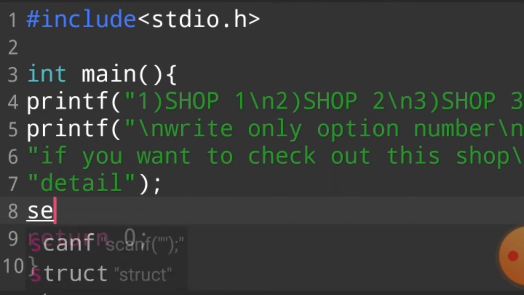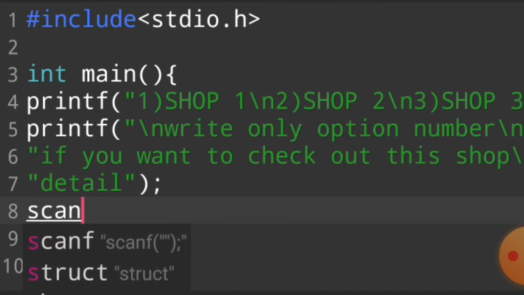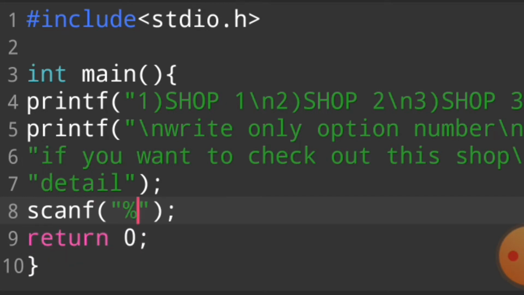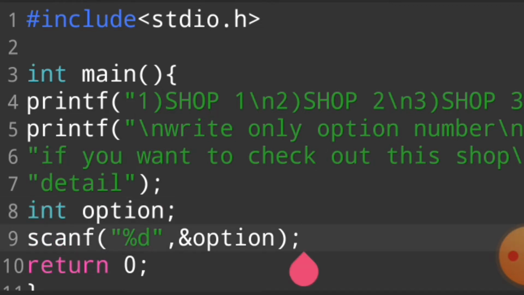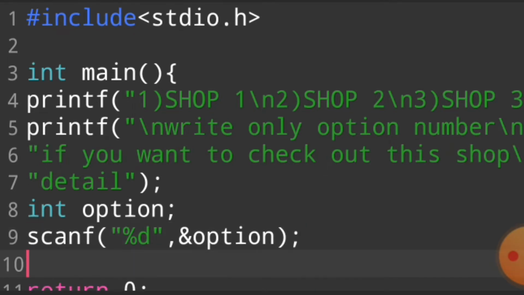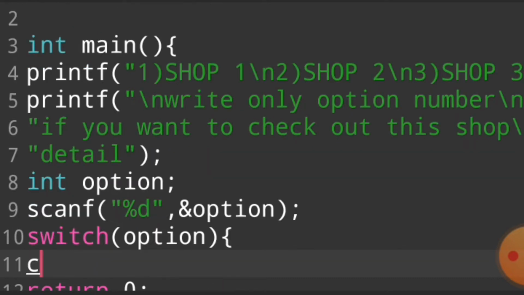First of all, we use the scanf function and take the option from our user, who writes only the option number. Once our user enters the option number, we use switch, and in this area we write the variable. The name of my variable is option. Then we use cases.